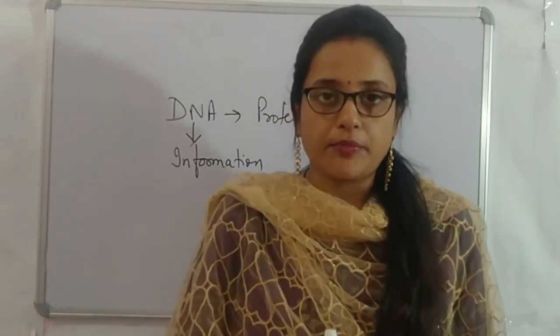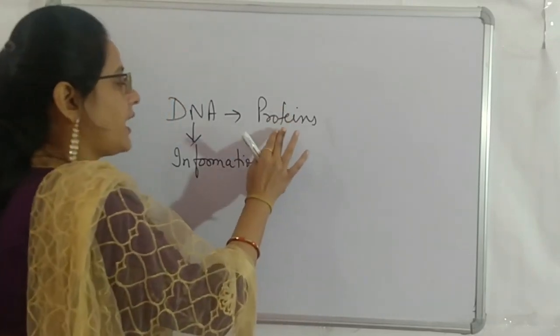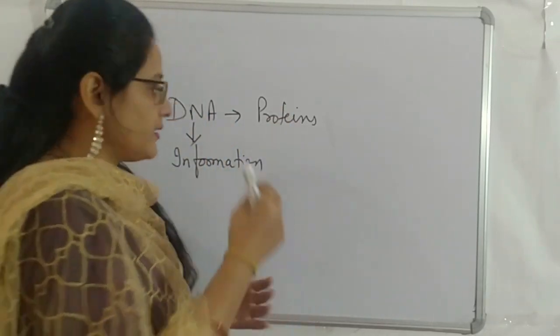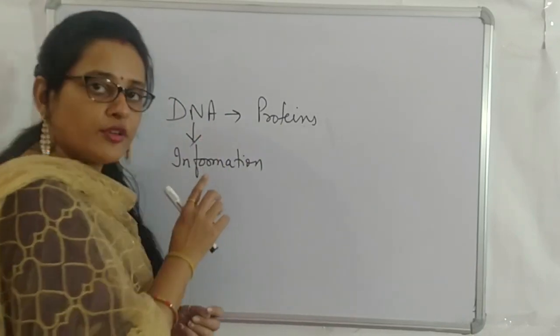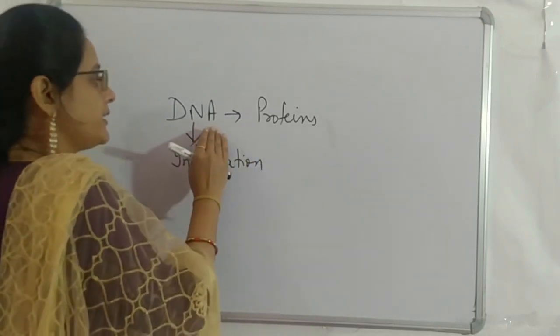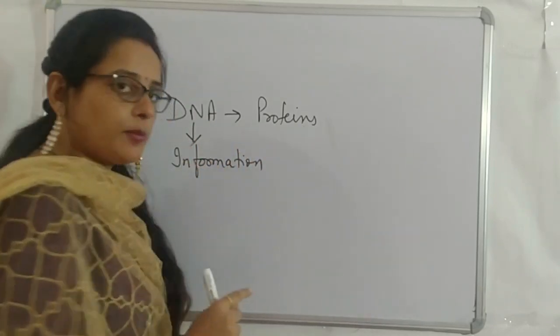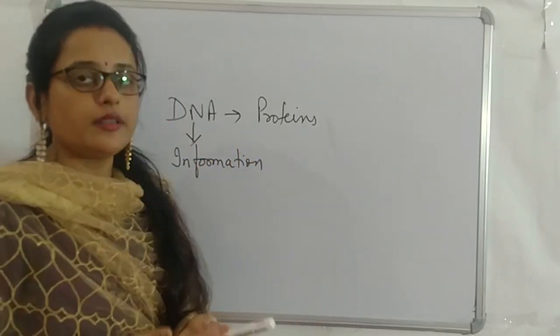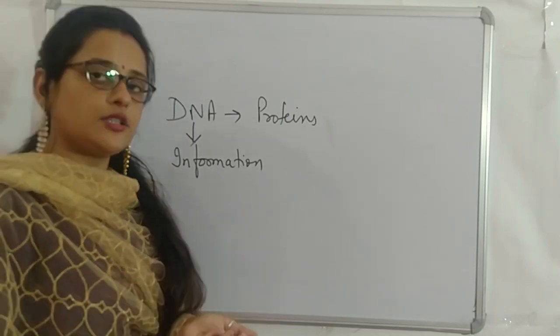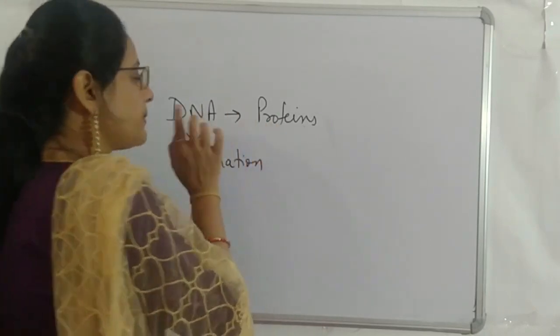DNA is the genetic material, so its structure is of utmost importance. What do you mean by genetic material? As you all know, our body is made up of proteins and the proteins are made from DNA. First, let's begin with this idea that DNA is made up of certain information, and that information is used to make proteins. And our bodies are made up of proteins, that is your skin, your eye, your hair, your digestive system, respiratory system, etc. Now these proteins are made from DNA.